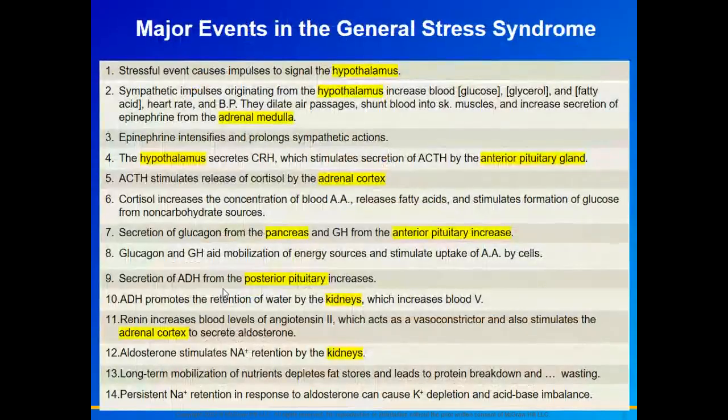All right. So these are major events. You definitely do not have to memorize this. The only reason I put this up here is because I wanted you to realize, with the general stress syndrome, look at how many endocrine organs, glands, and their hormones are involved in this